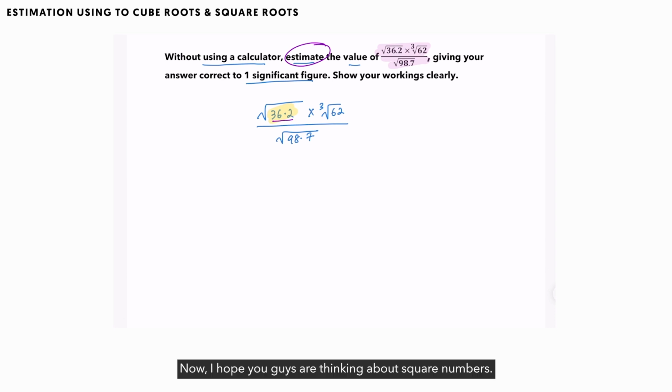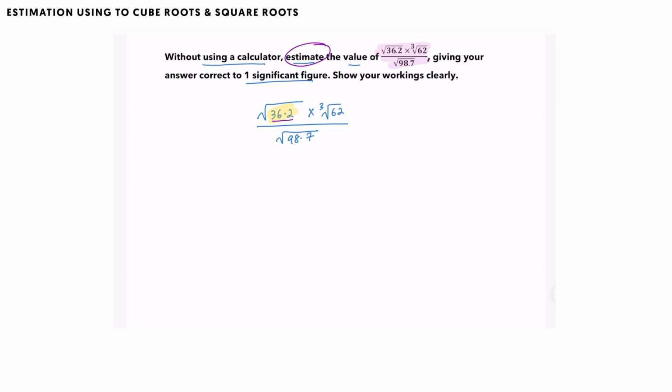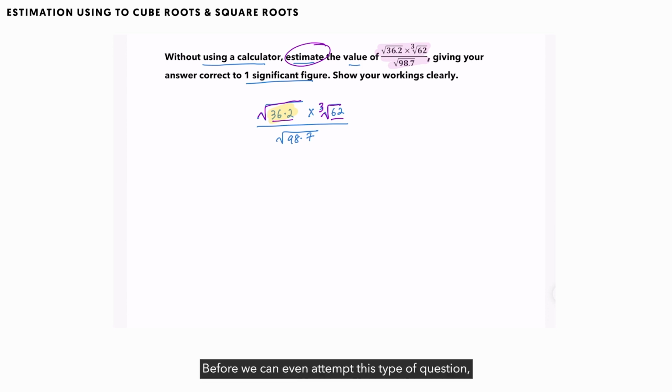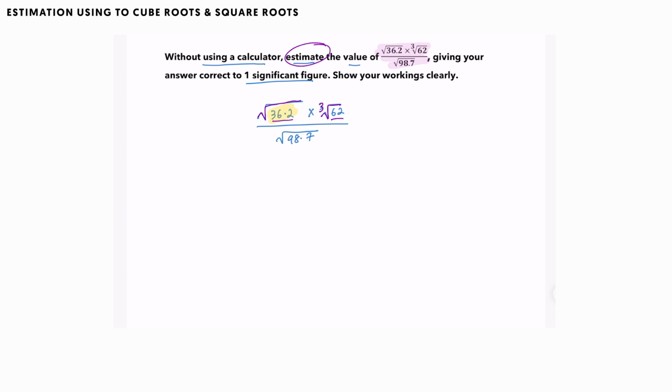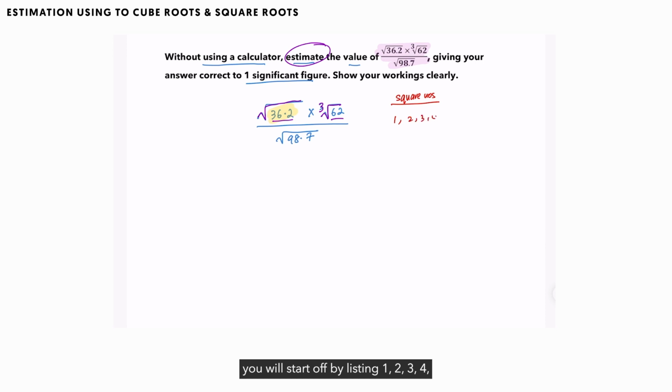Now, I hope you guys are thinking about square numbers. Okay, so the secret to unlocking this type of question is to think about your square numbers so that you can use it with the square roots and also your cube numbers so that we can use it with our cube roots. Before we can even attempt this type of question, let's list down the first few perfect cubes and perfect squares. So if you recall your perfect squares or your square numbers, you will start off by listing 1, 2, 3, 4, 5, 6, 7, 8. Okay, let's do the first 10. And then you're going to square each of them